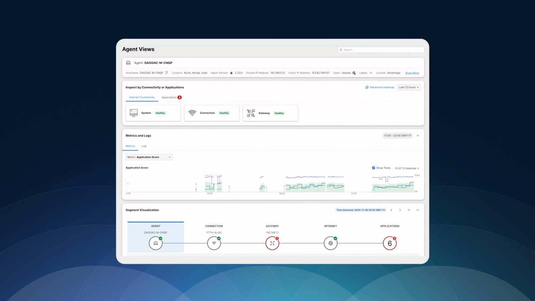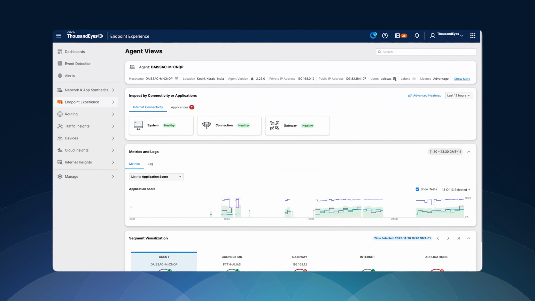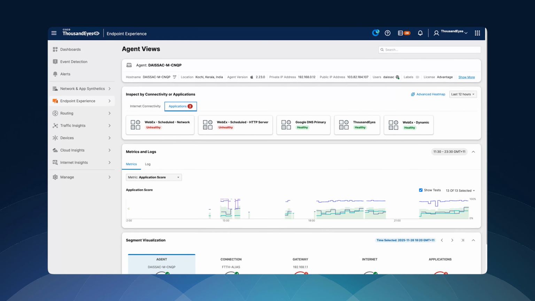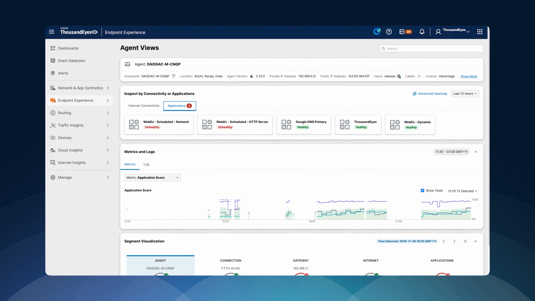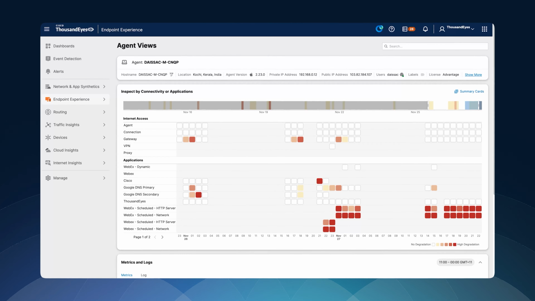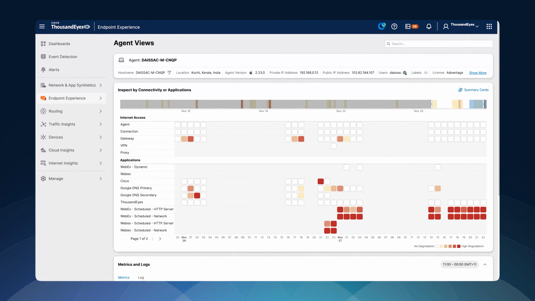To address this challenge, ThousandEyes Endpoint Experience uses the Endpoint Agent, a lightweight application installed on Windows, Mac, compatible mobile devices, and supported device integrations such as Cisco Room OS or Phone OS devices. Endpoint agents collect network and application performance data directly from the end user's client, providing critical last-mile visibility. With this data, you can better understand each employee's experience with applications and the underlying network, covering Wi-Fi, LAN, internet